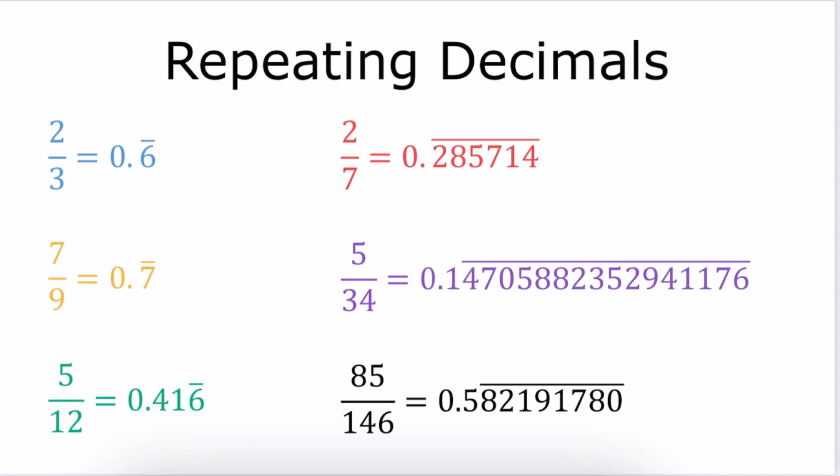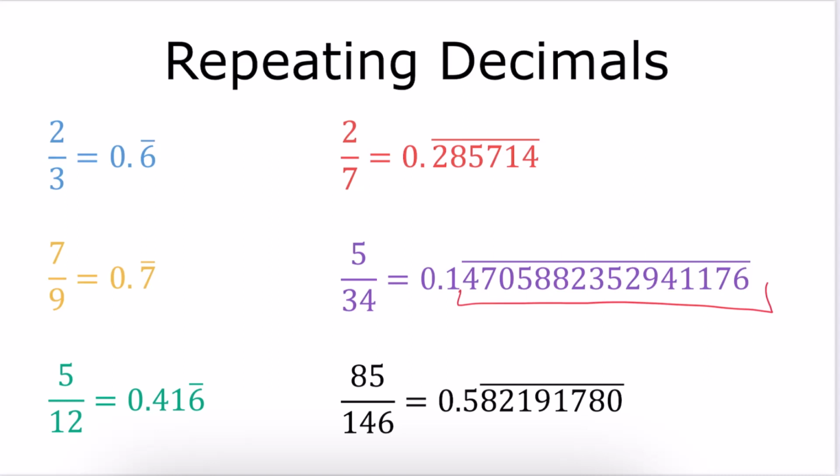And some bigger fractions will have even bigger parts that repeat themselves over and over, like this one. And there are some decimals that go on infinitely long that don't repeat, but those decimals cannot be written as fractions. A really common example of this is the number pi. Pi is an irrational number, which means that it cannot be written as a fraction, where the numerator and denominator